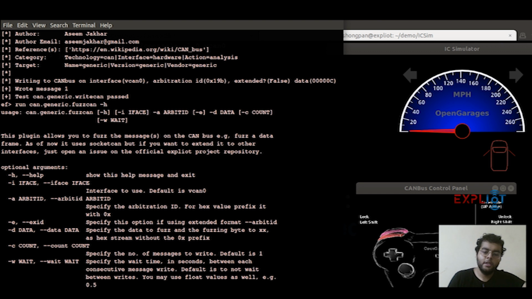All right. So let us just assume that the data was somewhat like this, and I just want to fuzz this byte. So I'll put XX here. So the count of random messages I want to generate, let's say 50, or let's say 100. Yeah, 100 would be better to observe. So wait, I won't specify any wait time. Let it consecutively write the messages.